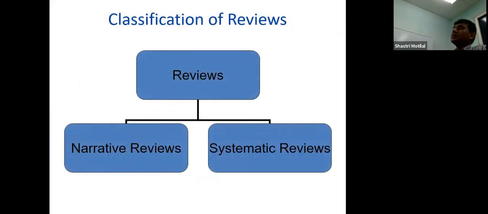So anytime you see an article or paper described as a review, it comes in different varieties. It could be a narrative review, or it could be a systematic review. If you ever see a review of the treatment of viral warts, or a review of primary prevention for heart disease, anytime you see the word review, ask yourself, what kind of review is this? Was it a narrative review or a systematic review? The thing is, systematic reviews are usually described as systematic reviews, but narrative reviews are often described as simply reviews. And you're always left wondering what kind of review it is.